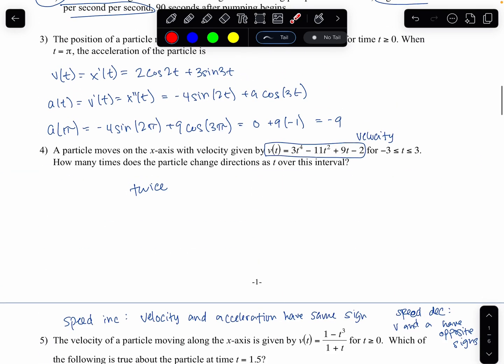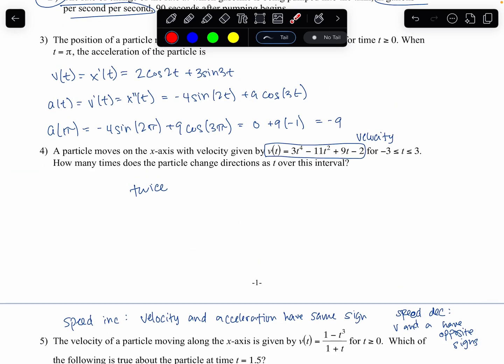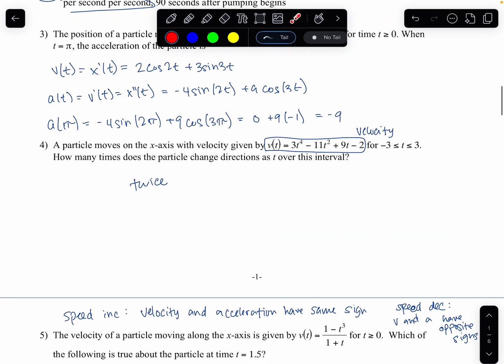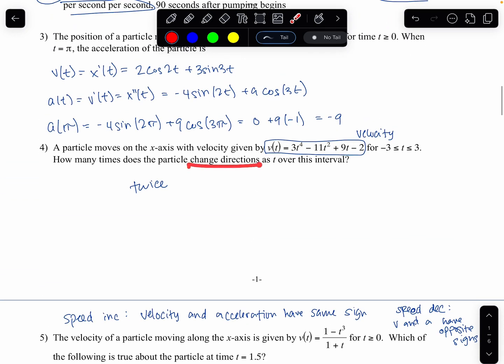I would say, up here in this problem, we're basically doing the same thing, except the difference between question 4 and question 6 is that this one just wants to know when v of t is equal to 0, but this question specifically asks when it changes directions, it has to change from positive to negative, or negative to positive. So while the position is at rest, at the same time it changes directions, it's not always the case that